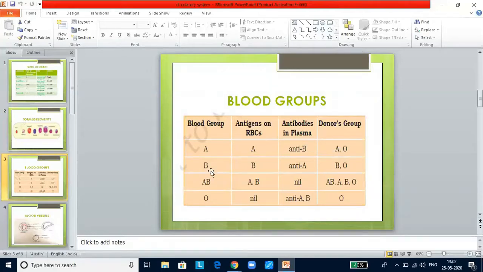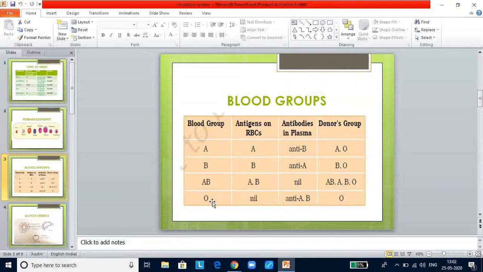Now, if you look at blood group B, the antigens present on its RBCs are B, antibodies are anti-A, and it can receive blood from B and O. AB has both antigens A and B. There are no antibodies in the plasma. Therefore, it is a universal recipient. It can receive blood from A, B,